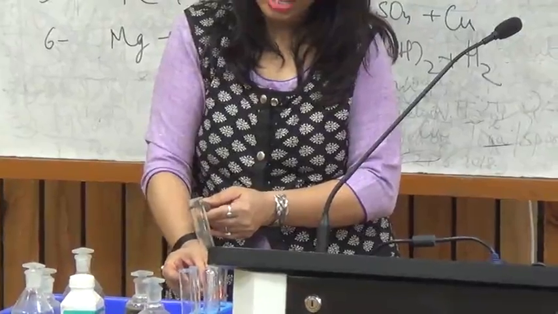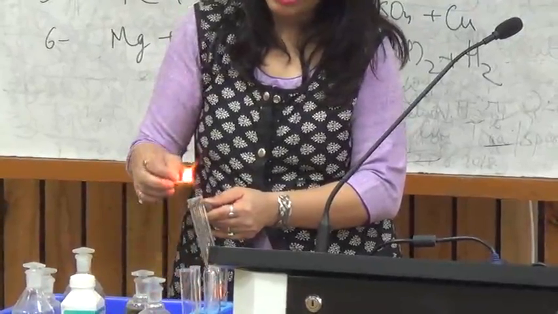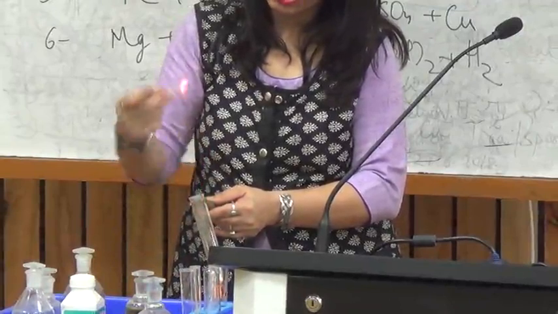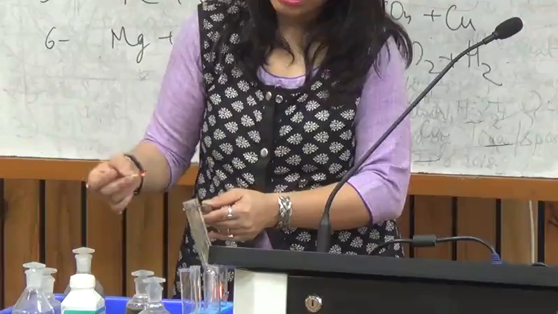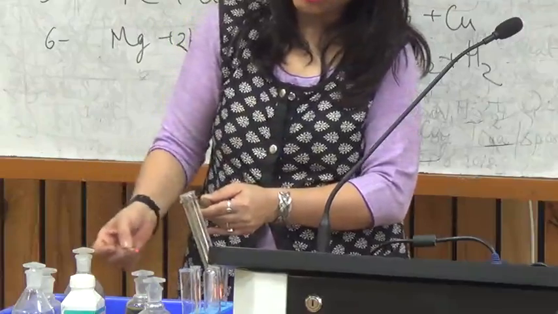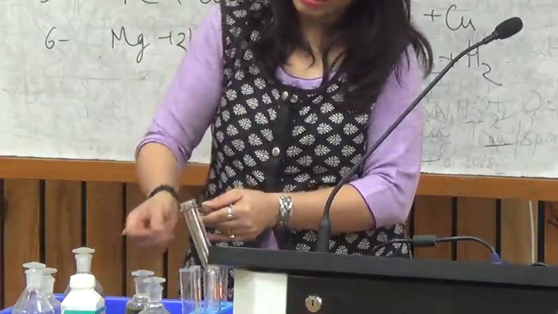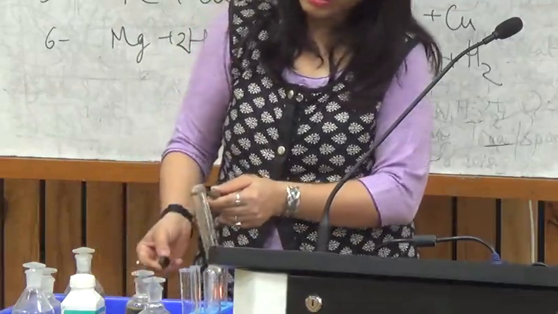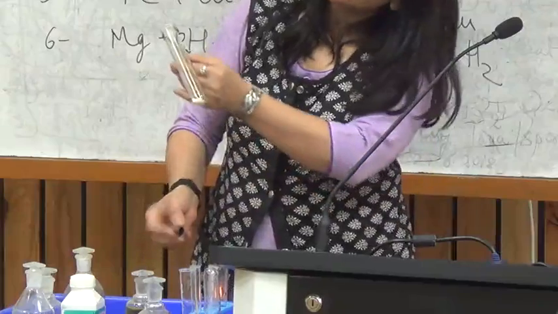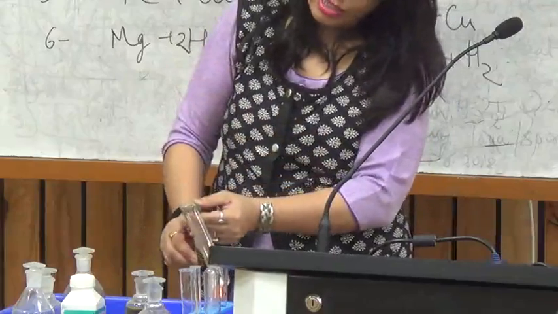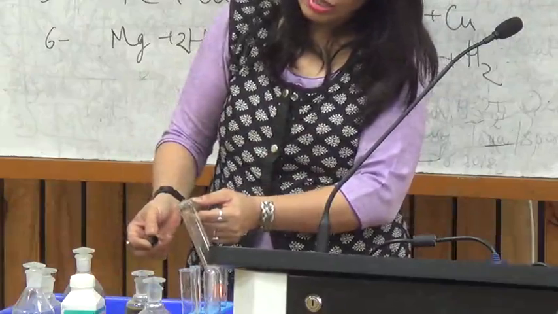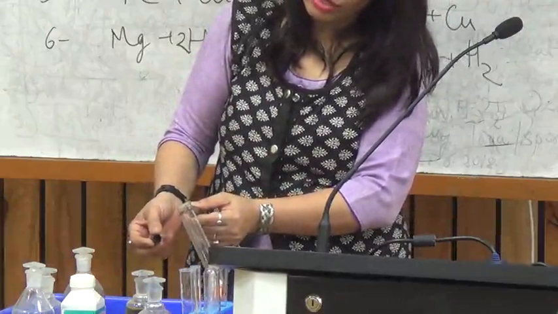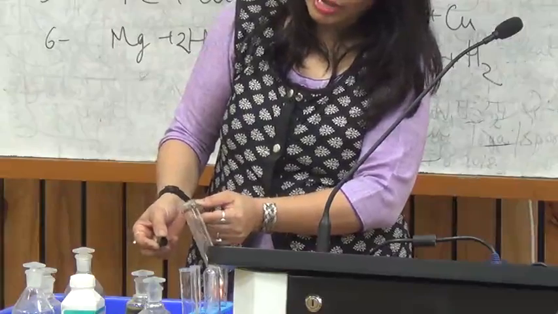Let us look at what happens when I bring a burning mastic near the mouth. This mastic grows brighter because oxygen gas is involved in this case. And you see brown fumes of nitrogen dioxide being produced. This reaction is a different type of reaction. We're going to look at the brown fumes. There is a crackling sound and there is mastic which is burning. When brought into contact with the gas evolved, it burns brightly.